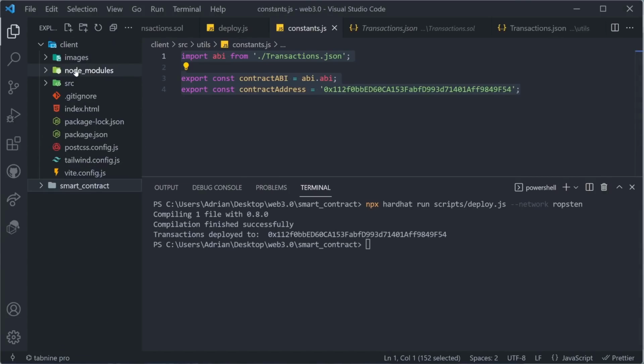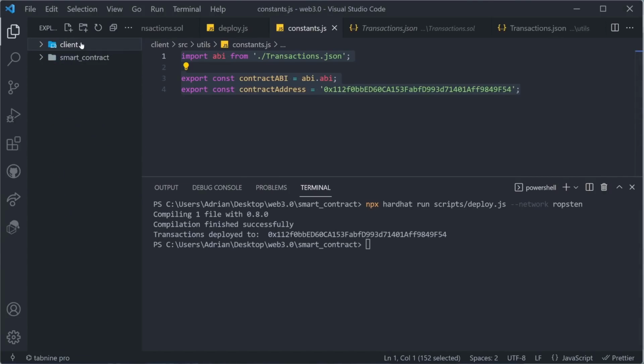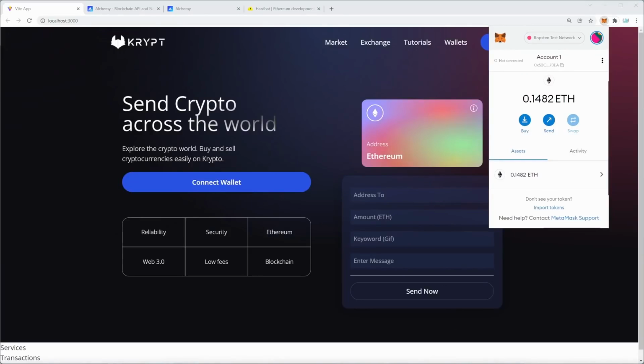And let's also check if we wasted some Ethereum gas fees for the contract deployment process. If we go back to our application, you can notice that now we have 0.1482, which means that 0028 Ethereum was wasted or spent on gas fees. But let's not worry about that at all. That's great, because now we actually have a smart contract that's going to save and store all of our transactions